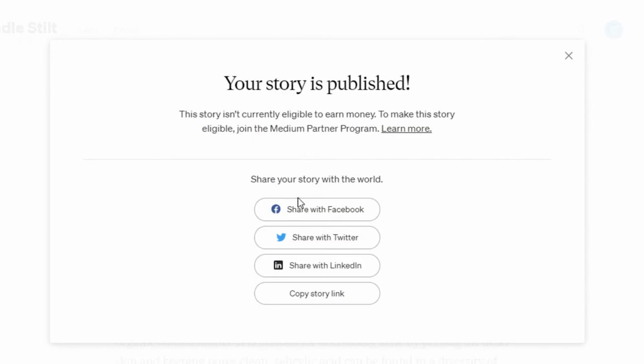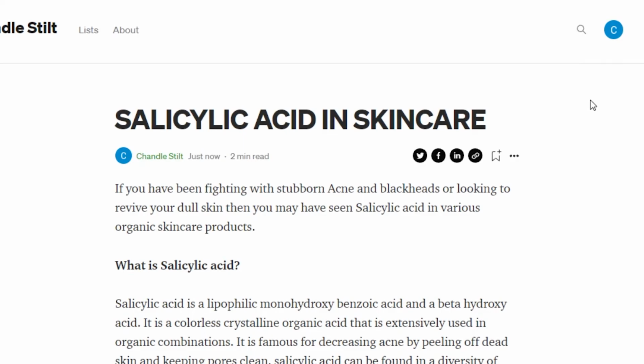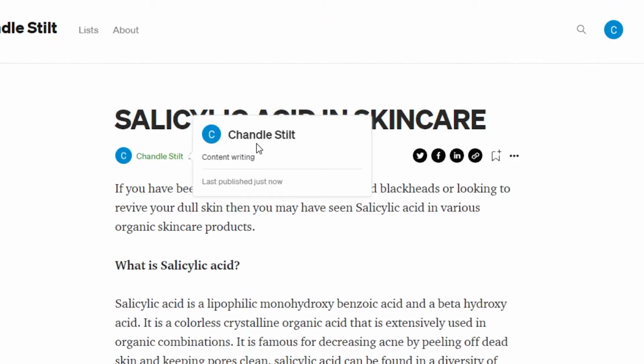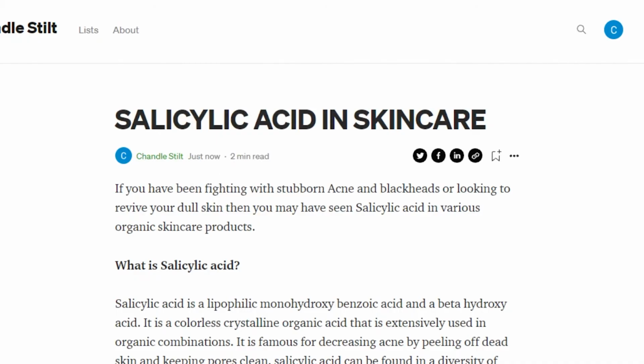Now they're asking me to share my article with Facebook, Twitter, or LinkedIn if I want to, or I can just simply copy the link for my article and share it on other platforms as well. So you can see right here, all of these social media options are given. If I want to share it, after that you can see that this is what my name is showing, and after that